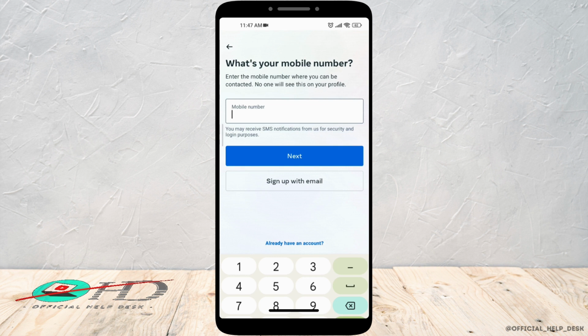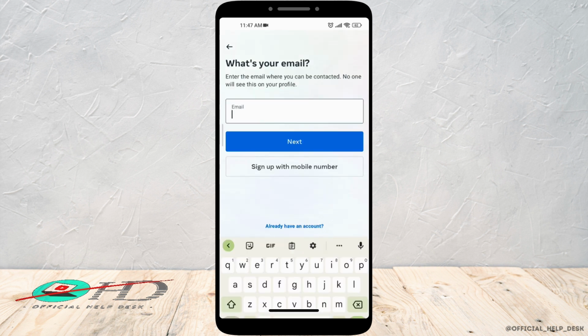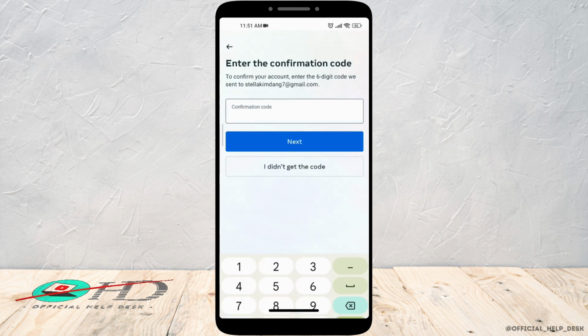But now I'm going to sign up with my email. Here, put the email and click on next, and a verification code will be sent to the email address. Enter your Instagram code here, click on next,